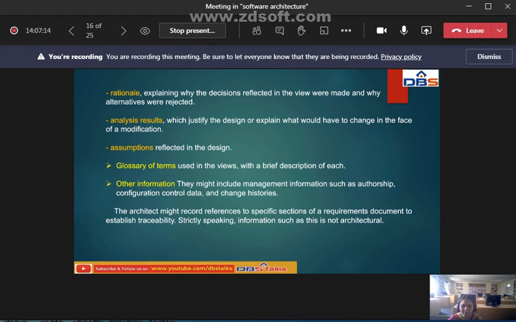Next, other information. They might include management information such as authorship, configuration control data and change histories. The architect might record references to specific sections of a requirements document to establish traceability. Strictly speaking, information such as this is not architectural. So these are the things